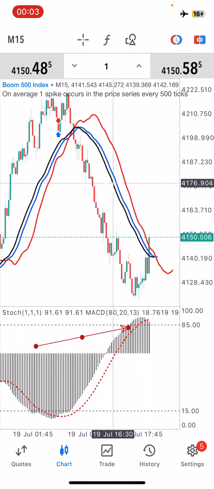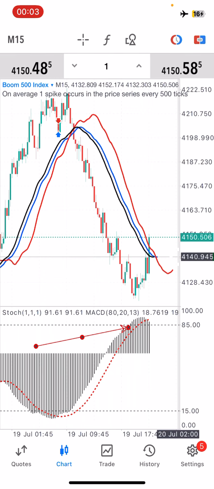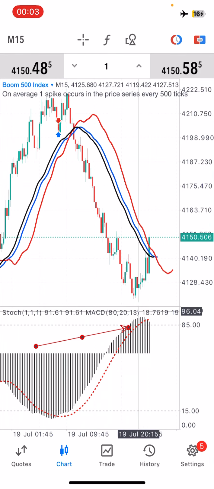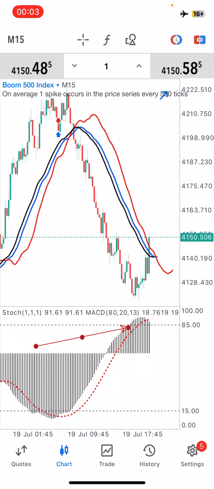This red line is going to help you identify the trend. If you see it pointing up, it means we're in an uptrend. If you see it pointing down, it means we're in a downtrend. Okay, that is not enough for you to enter. You're also going to look for when our candlesticks cross and break all these three lines, and that's your confirmation